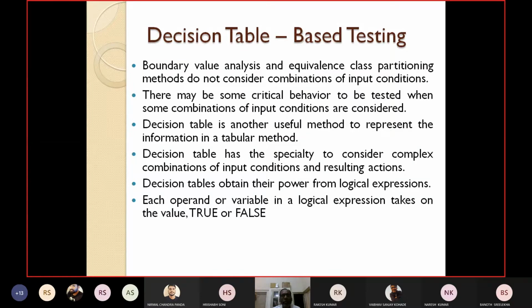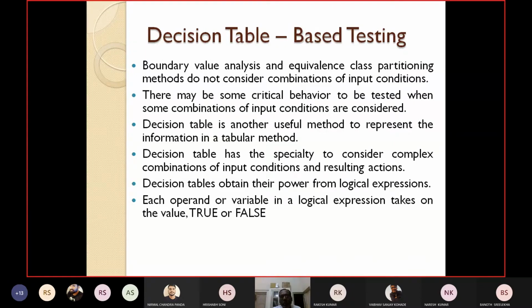Now let's see the drawbacks of boundary value analysis and equivalence class partitioning and how these can be overcome. One limitation of these methods is that they do not consider combinations of input conditions. Only for specific inputs they design the test cases.